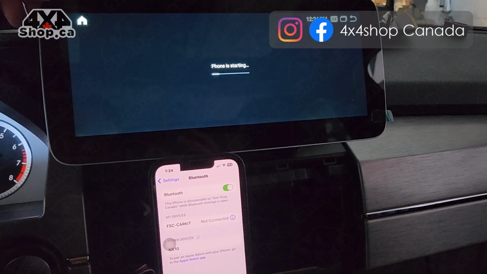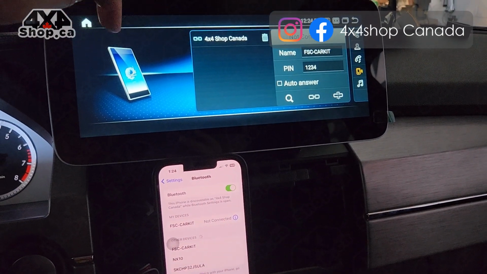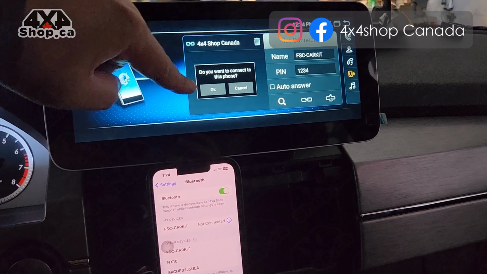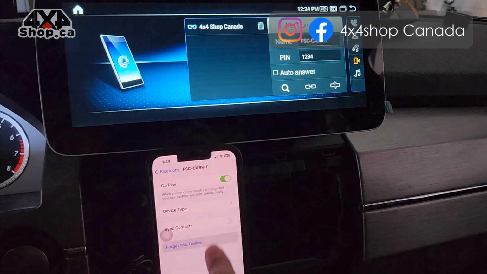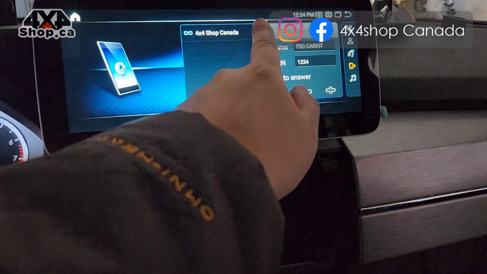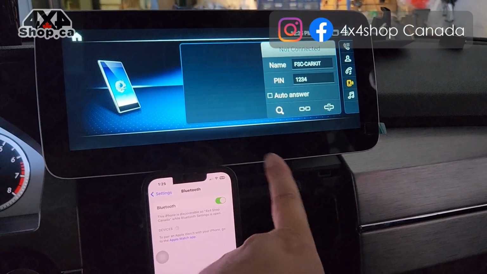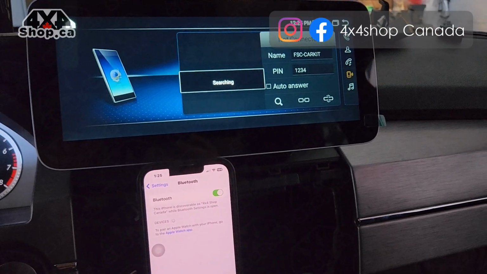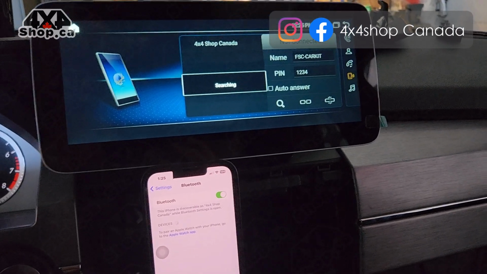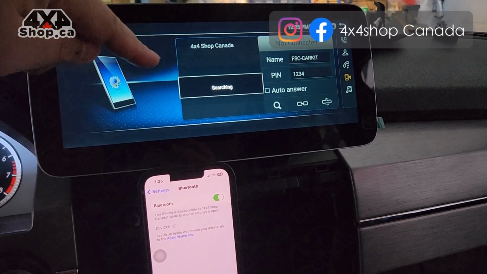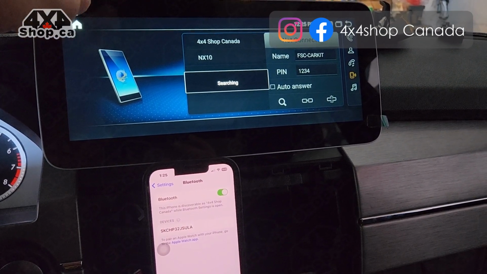So first you need to go to your phone, and also the Bluetooth here is available. So connect it, and you can also press search. Let's go to the very beginning to set it up. So we delete by selecting the garbage bin here to delete from the system, and after that search. And once you see your phone there, wait for the search to complete, then we can select the phone and connect to your